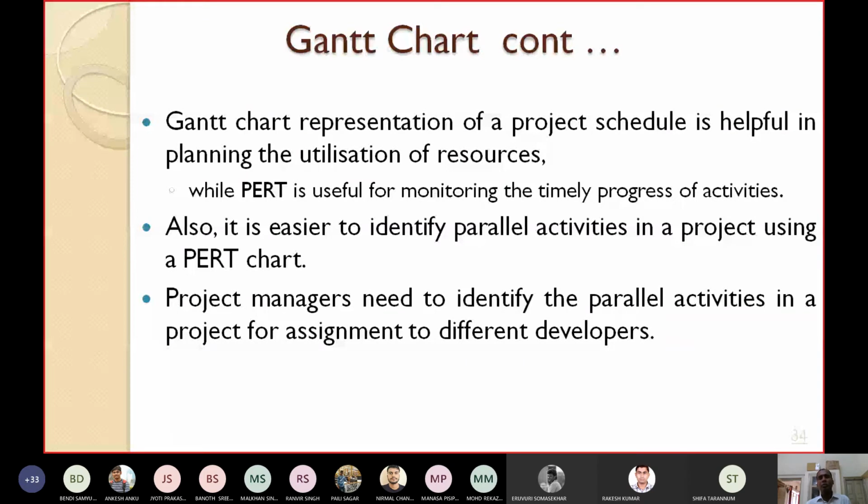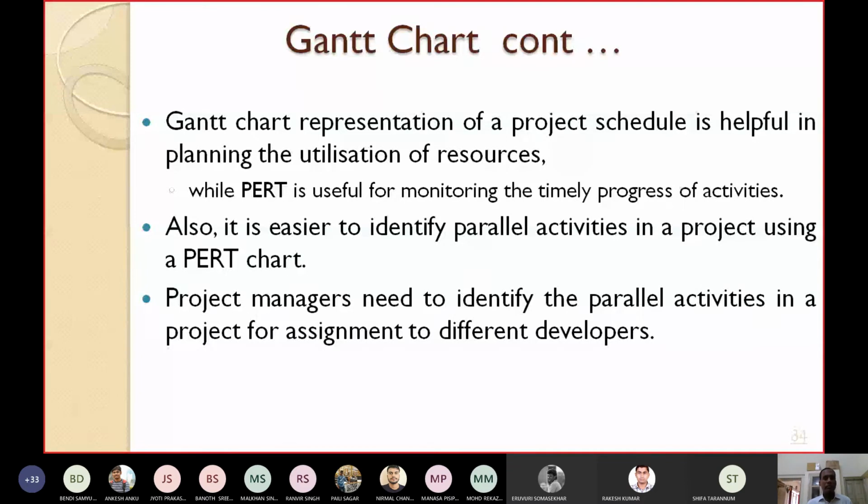So this Gantt chart is very useful in planning the utilization of the resources, how the resources can be utilized and allocated to the different activities, whereas the PERT chart is very useful for monitoring the timely progress of activities, whether you are moving in the proper direction or not, whether the progress is satisfactory or whether you are delayed.